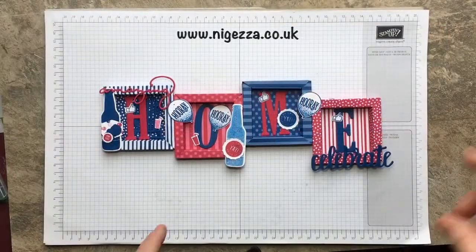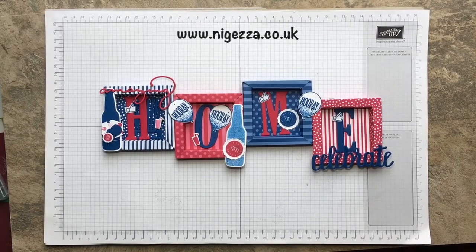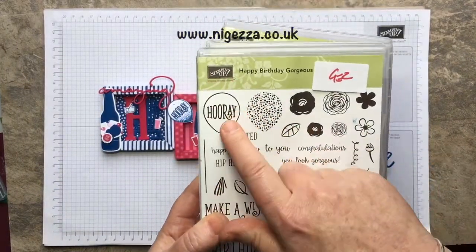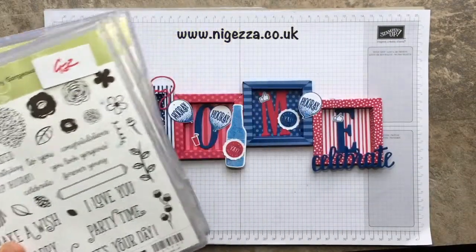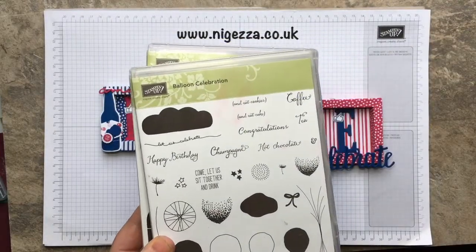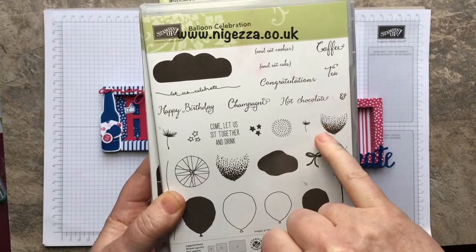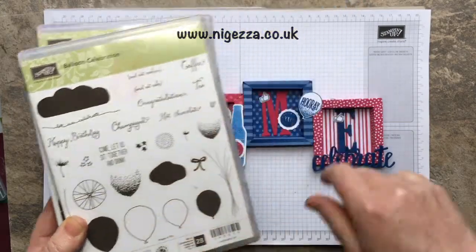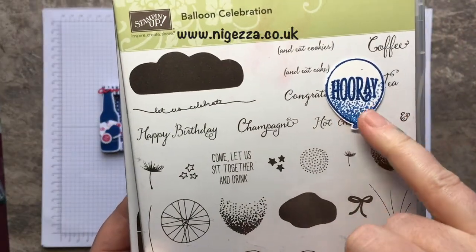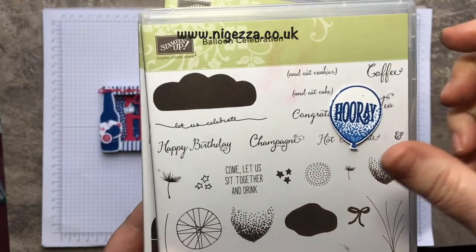So I've cut out lots and lots of embellishments for this, and I've used quite a few stamp sets. So I've used the Happy Birthday Gorgeous. I wanted to use the Hooray balloon because it's like, hooray, he's got a new house, and actually, hooray, he's moved out. Yeah, I do mean that. I've used the balloon celebration, and I've used that there, if you can see. So I stamped the hooray, and then I stamped off, and then I stamped on to give that sort of